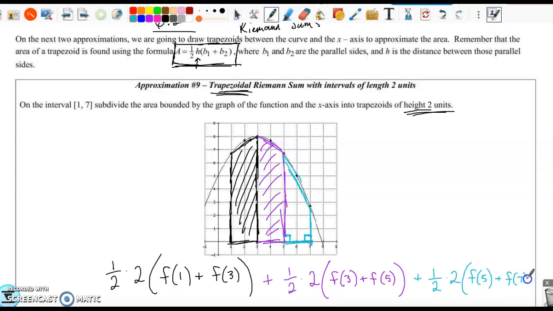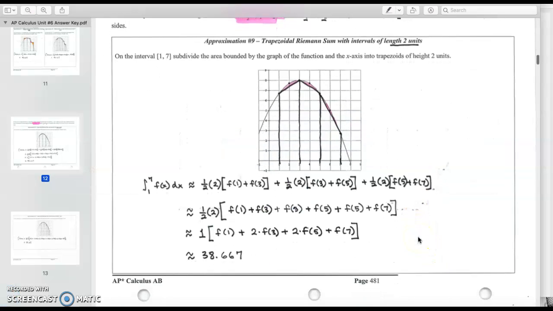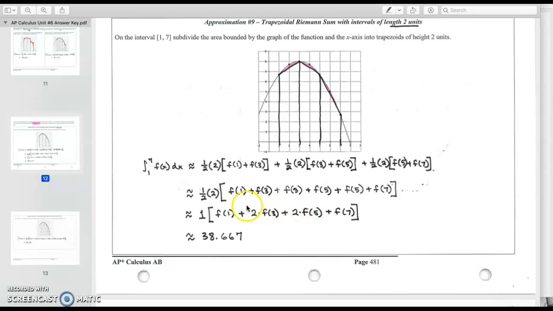And just like what I did in the first video, I don't have a calculator with me, so I'm going to jump to the answer key. And this is actually the formula that they use, where they factor out the 1/2 times 2. So if you open up a calculus textbook, you'll actually see them do this. And what you'll see is that f of 3 is repeated twice. If you open up a math book, what you'll actually see, and this only works for equal iterations, the iteration would be like the distance from 1 to 3, then 3 to 5. Sometimes I call it iteration, sometimes I call it interval,